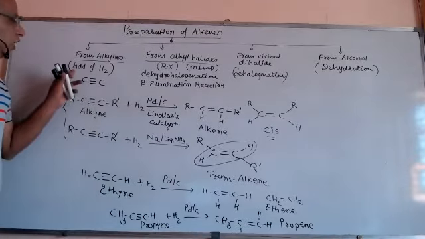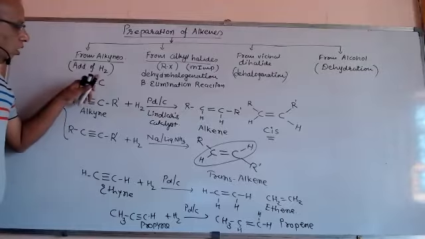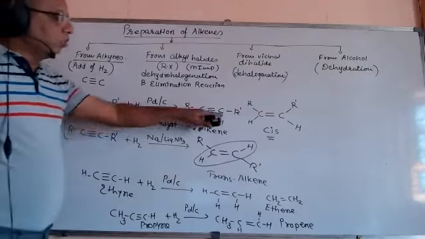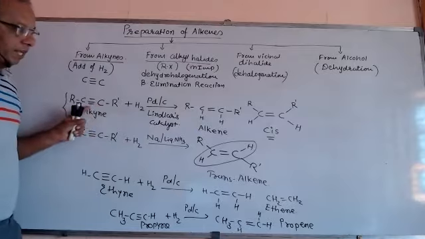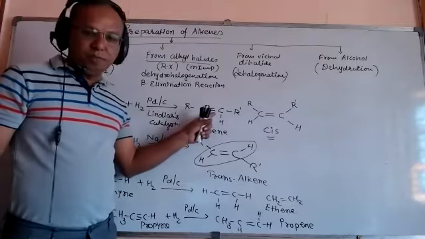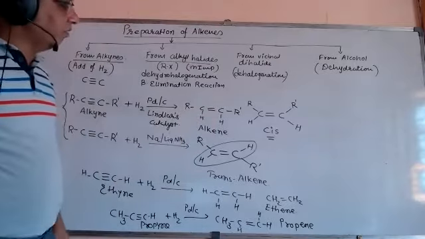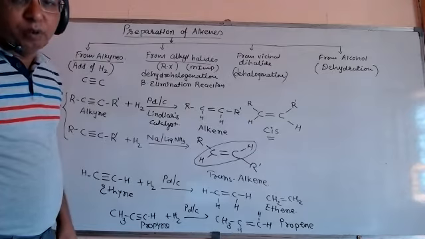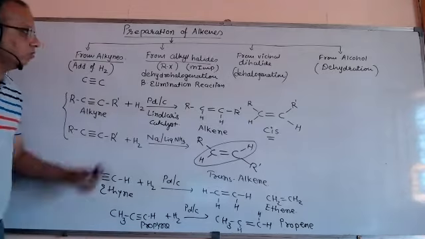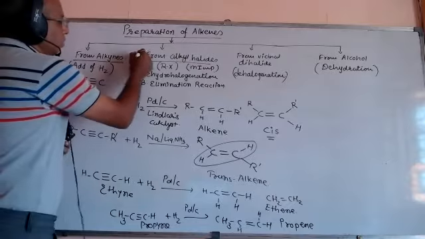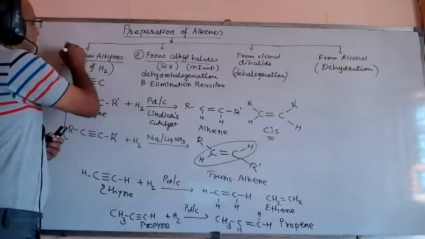It is also known as addition of hydrogen. Two hydrogen atoms are added to two carbons which have a triple bond between them, and one bond will be less, and we will obtain, friends, the alkene product. Our next reaction, next preparation, is number 2. This is number 1, friends.